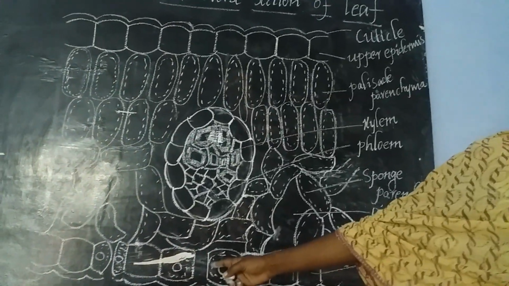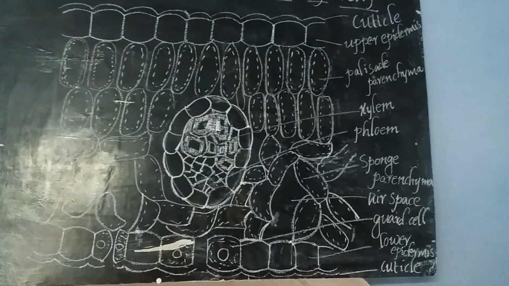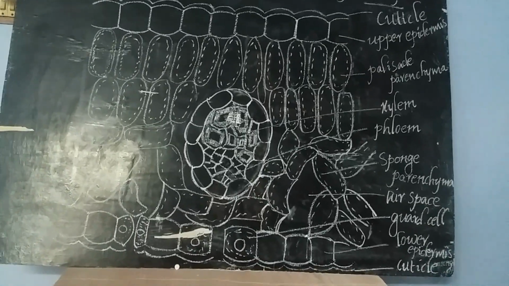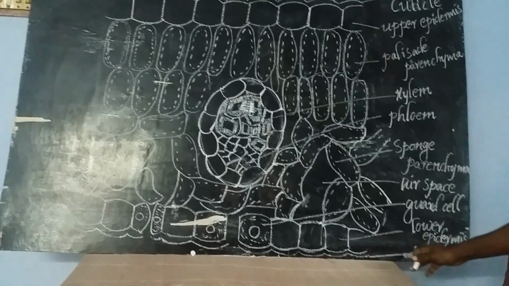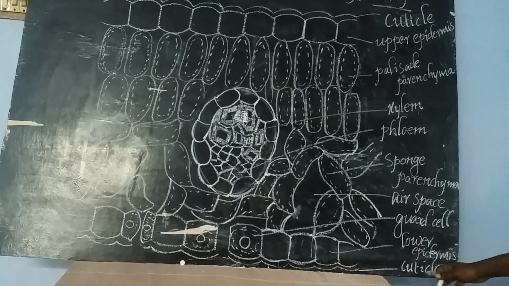In the middle, it looks like a hole-like structure, a small pore-like structure, that is called the stomata. The stomata is protected by the guard cells. And finally, this one is the lower epidermis. Downside of the lower epidermis, it is also protected by a layer of